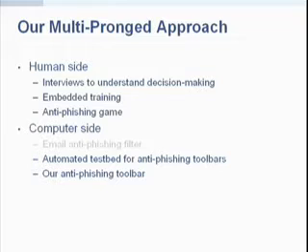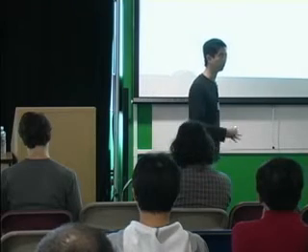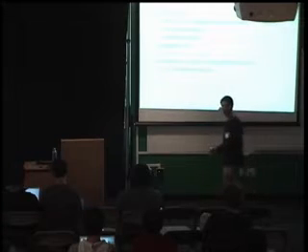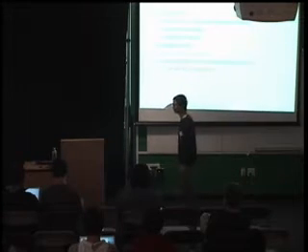The reason it's grayed out here is that I'm not going to be discussing it today in terms of time. We've also developed an automated test bed for evaluating anti-phishing toolbars. It turns out there are probably about 90 anti-phishing toolbars you can install into your web browser today. And what we've been trying to do is understand, well, are these actually effective or not? And if so, what kinds of strategies are effective?